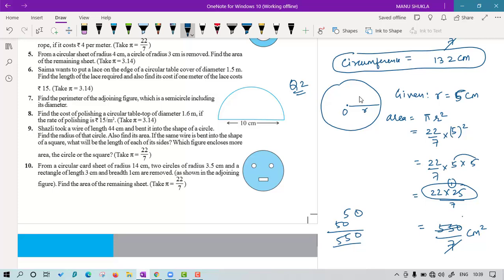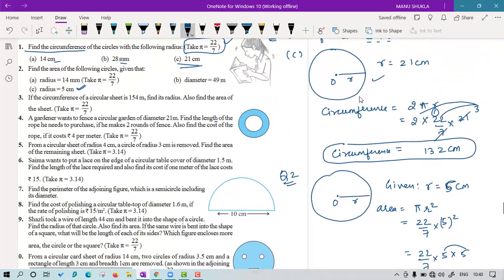7 sevens are 49. 6 remainder 60 is there. 7 8s are 56. 4 is remainder 40, 7 5s are 35, again 5 is there, 7 7s are, so it will keep on going like this. You will get the answer as 78.57 or 78.6, you can say, if you make it that way. But the fraction was also correct, no issue. Either you write in decimal form or in the fraction form, but try to simplify.